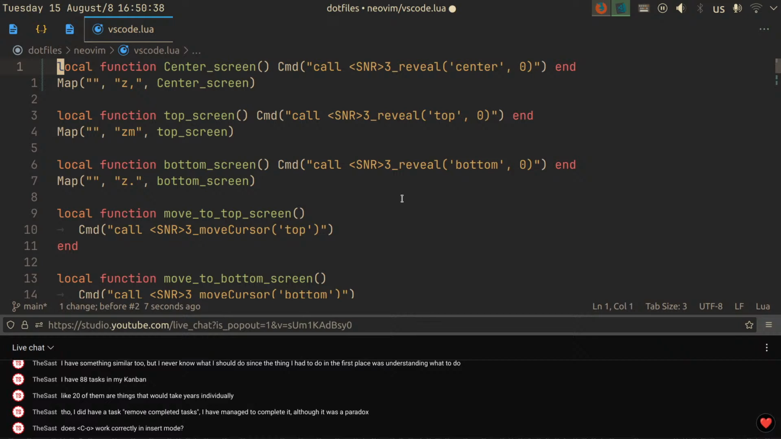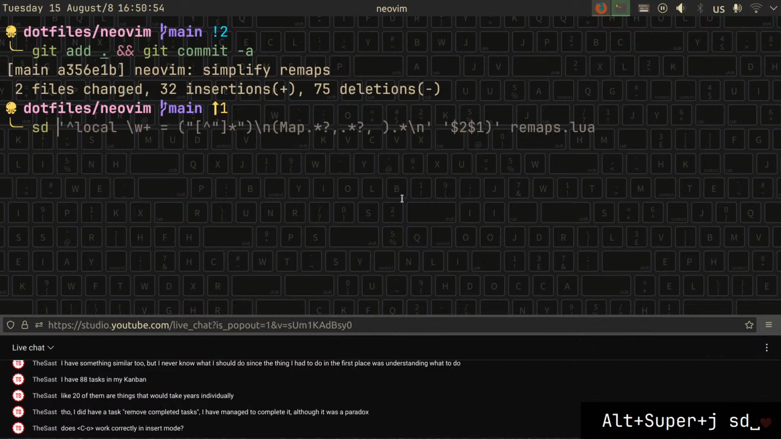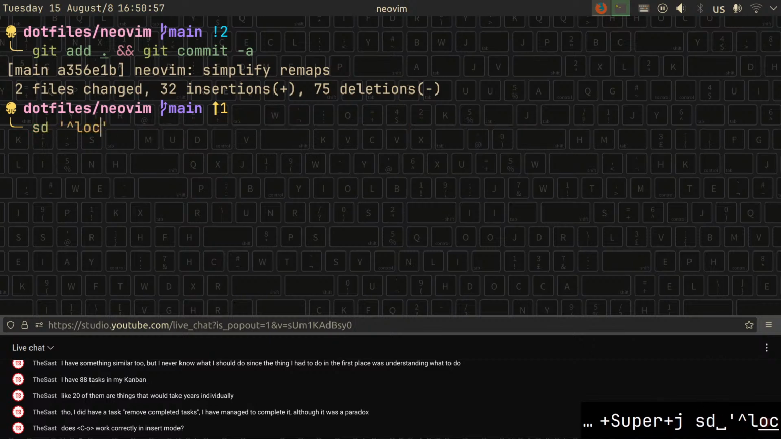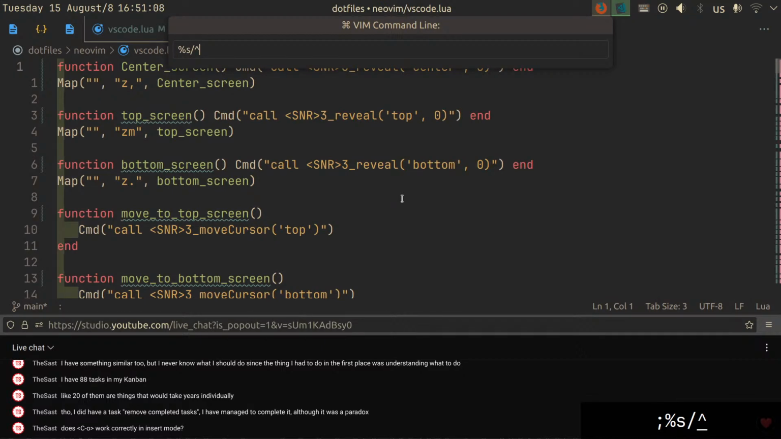That way, even if I don't use some functions, I don't necessarily have to delete them immediately. Okay, so let's do that. Just come back here, SD, local, space, yes, but instead of remaps, we do VS Code. Come back, boom, it's done. It's so convenient. And it's true that you could do something like that with this, but I just kind of found